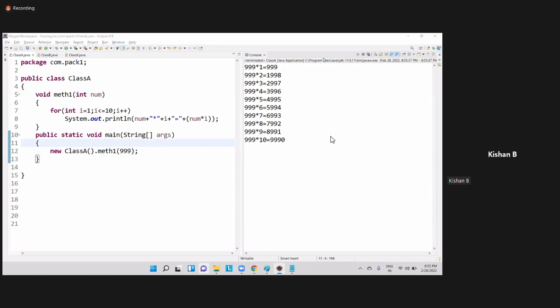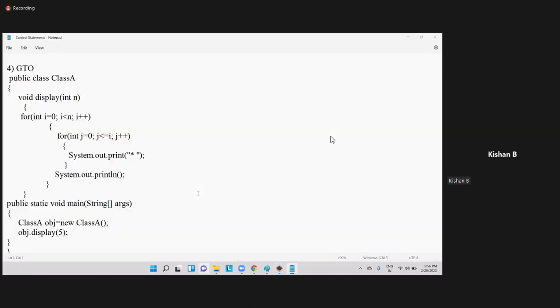Okay. This is the program. First, write the program and please don't guess. Analyze the program on your own, and please observe correctly. This is System.out.print,